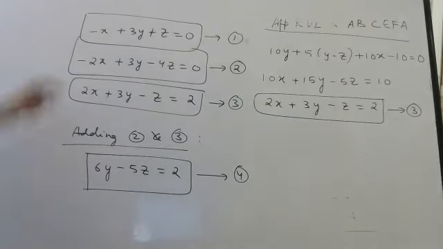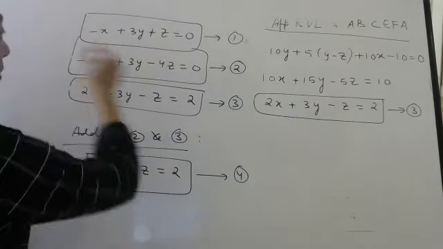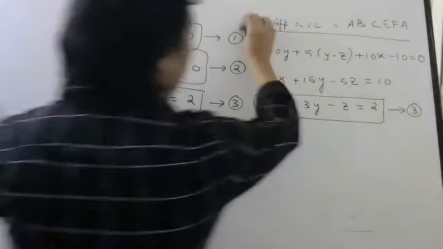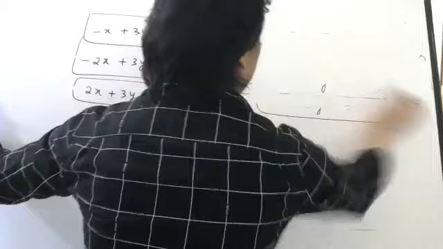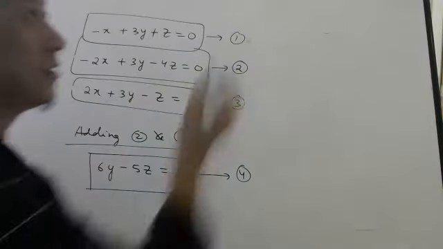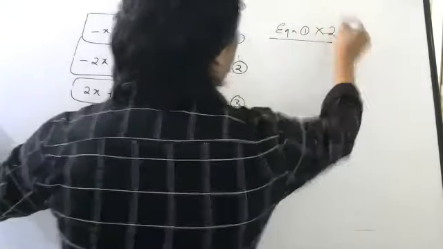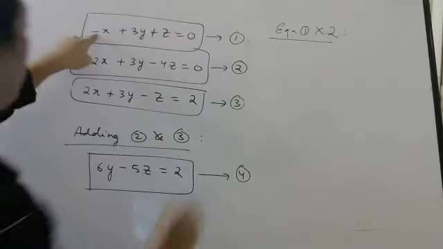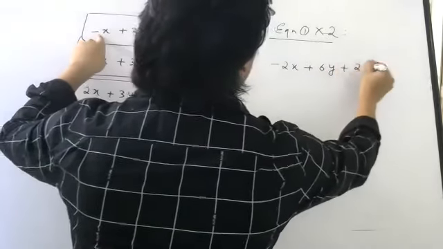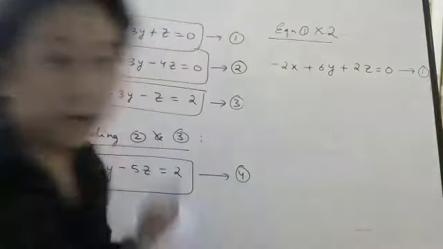I need one more. So these two I use. Now I want to use these two. So I will multiply equation 1 by 2 first. Now you can only solve, I know, but let me still do it. Still 5 minutes is there. So if I multiply equation 1 with 2, what will I get? Minus 2x plus 6y plus 2z equal to 0. This is your equation 1 only, right? Because I'm just multiplying by 2.